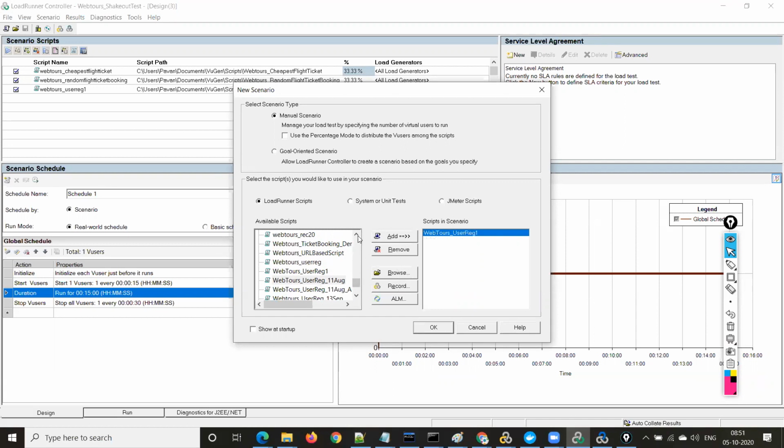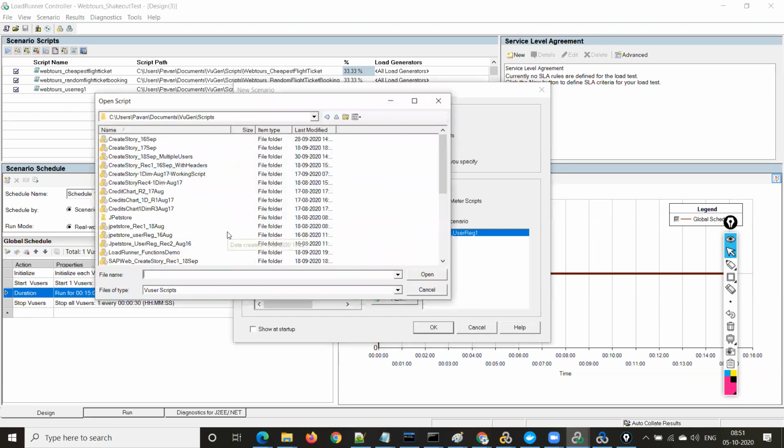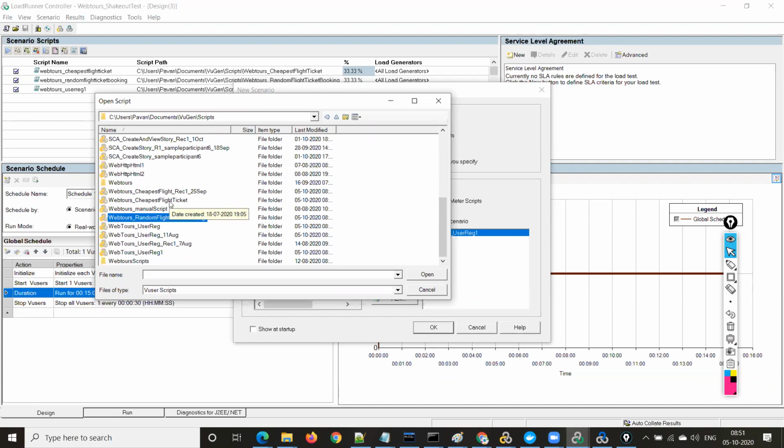The next one is, we browse for that one. So what is the other one? Random flight ticket booking and cheapest flight ticket. We can select multiple also. How to select multiple? I selected Web2's cheapest flight, Control, Shift.